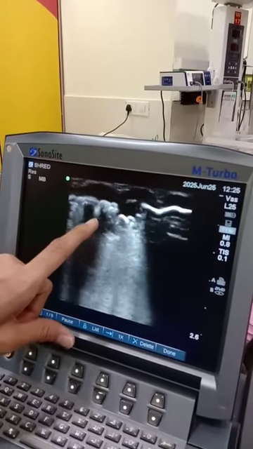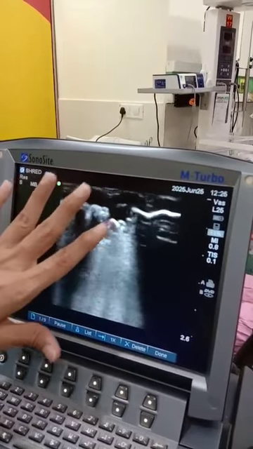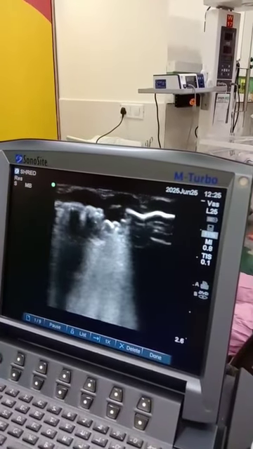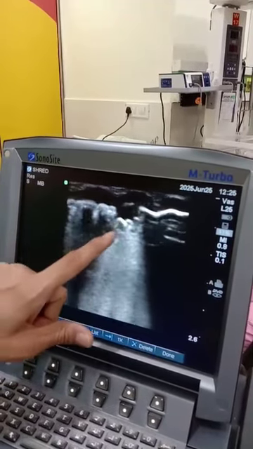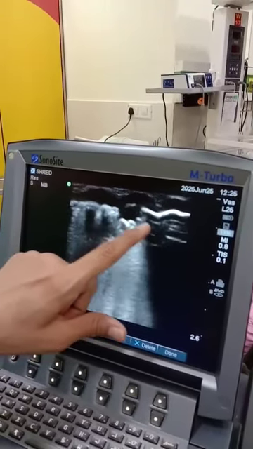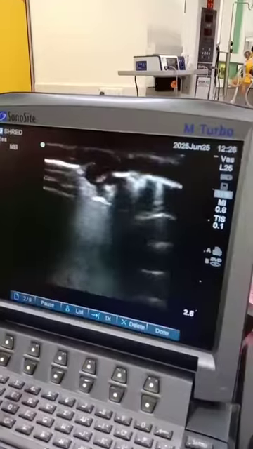As it is not very big, you can also call it C lines, or you can call this profile a C profile, right? This is an irregular margin between the aerated and the non-aerated lungs. So this is a C profile.